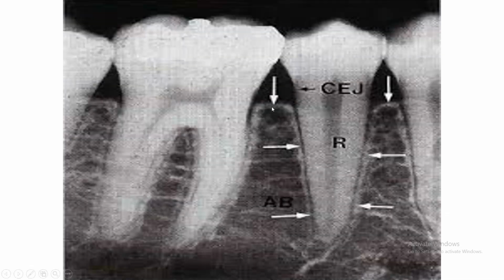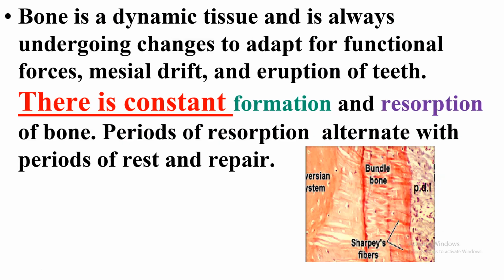This picture is clearer. Here you have the alveolar crest, and this is the lamina dura. This is the lamina dura, which is the alveolar bone proper or the bundle bone. Bone is very dynamic tissue that always undergoes changes to adapt to the functional forces, which are mesial drift,